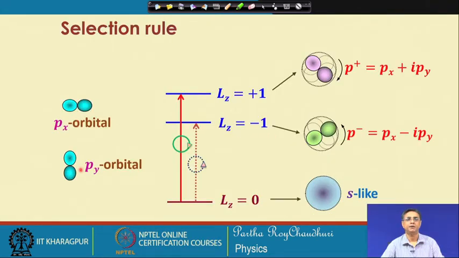Now, these P orbitals P x and P y will correspond to P plus, which is equal to P x plus I P y, and P minus. These are the two different senses of rotation. You can see that P x, this is minus of I P y, this is plus of I P y. So, these two will correspond to the transitions with right circularly and left circularly polarized light